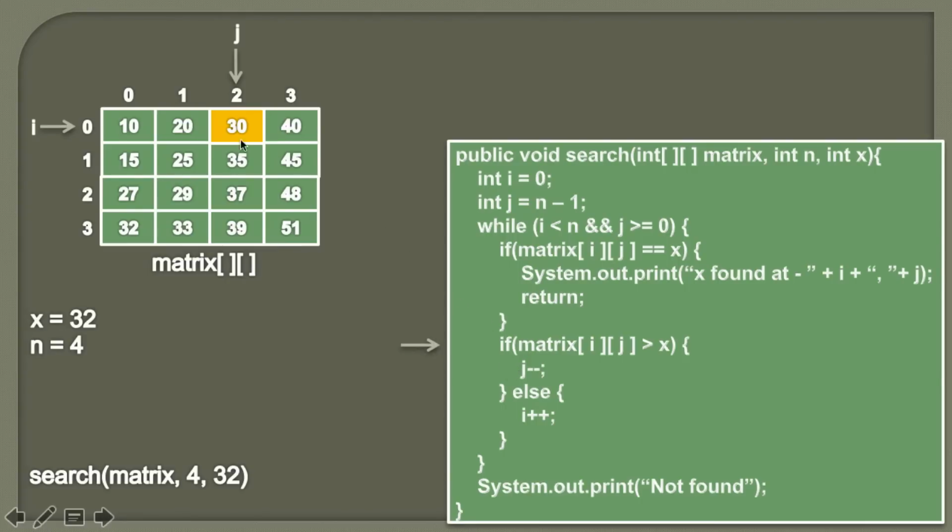And then we'll simply check whether the value at i comma j is greater than x or not. So here you can see the value at i comma j is less than x because 30 is less than 32. Therefore the condition in the if block comes out to be false, and the else part will be executed. So friends, 32 is greater than 30. Therefore it must be lying somewhere below 30. So we simply increment i by 1 to go one step down. So the value of i is 0, and now it will become 1. Moving ahead.